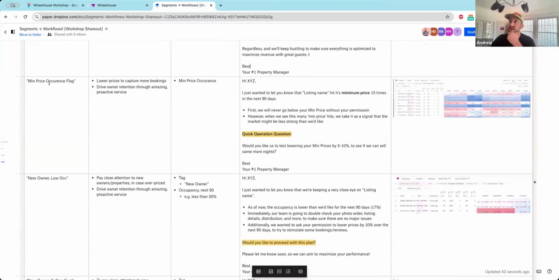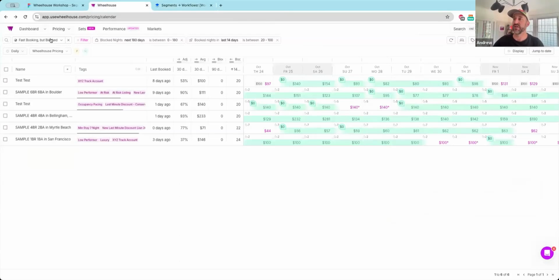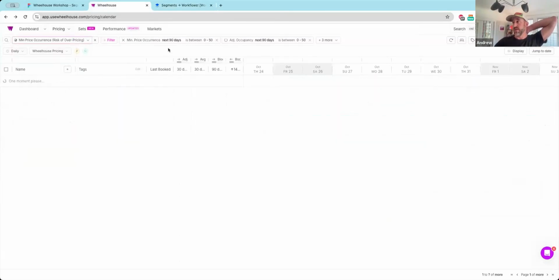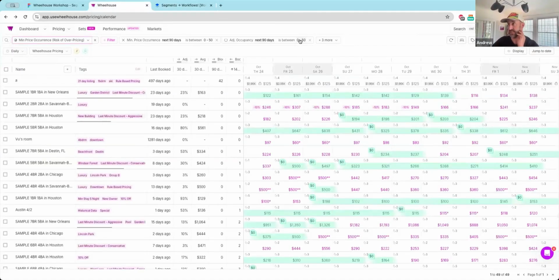Another one, the min price occurrence flag, right? So I've got min price occurrence here. And now I'm saying, okay, show me all the properties that have low occupancy. So occupancy in the next 90 days is 0 to 50. Obviously, I can change these numbers, for properties that are hitting their min price occurrence too often.